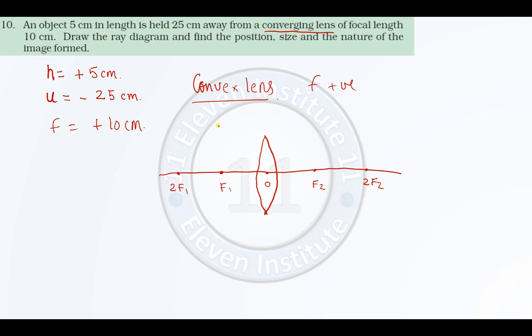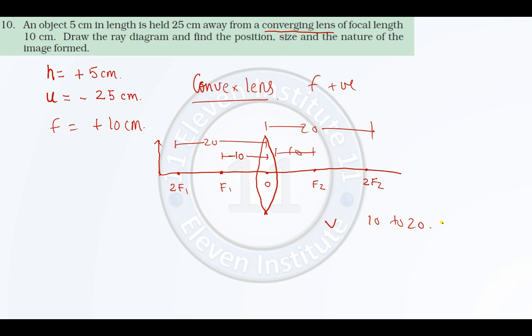Right. Now when we move ahead we see that focal length is 10 centimeters, right? So this distance is 10. So now 2f1 is double, so definitely that distance will be 20. Now where is the object placed? It is at 25 centimeters. So my object is somewhere over here beyond 2f. So when object is beyond 2f, I will get a real and inverted image between f2 and 2f2. So one thing is sure that the distance between this and this is also 20, and this is 10. So my image distance will be lying between 10 and 20. The answer for v should be between 10 to 20.